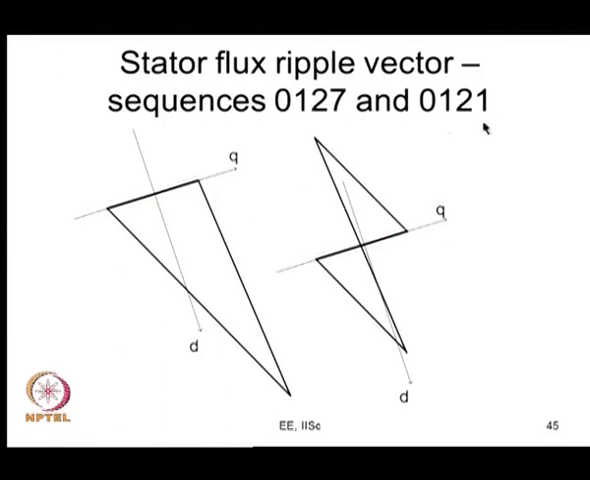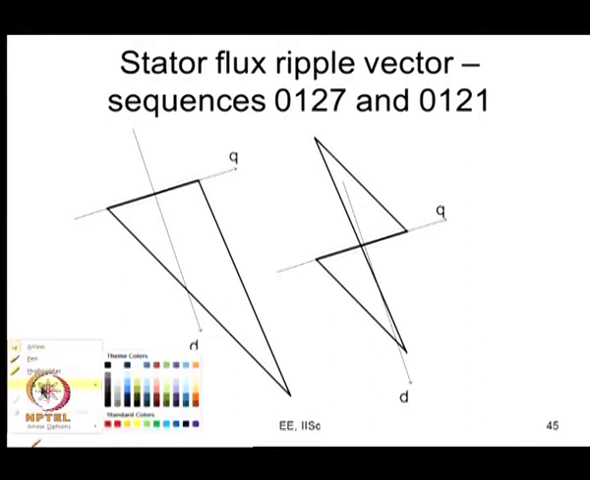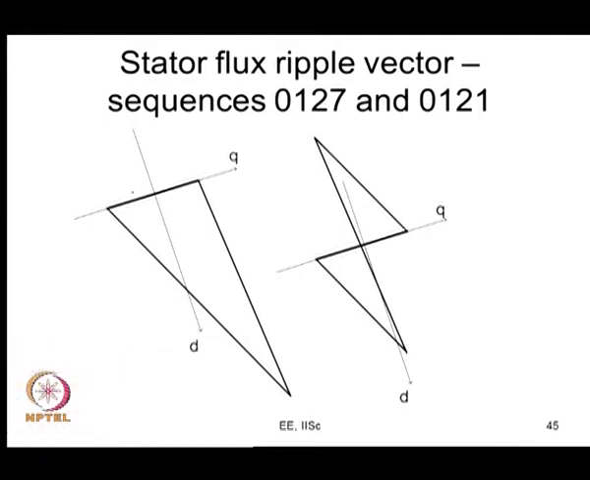So, if you use 0, 1, 2, 1 for example, what is happening is you have this is when 0 is applied, this is when 1 is applied, this is when 2 is applied, this is when 7 is applied. So, this is your flux ripple vector or current ripple vector trajectory. Now, if you are going to do it as 0 1 2 1,